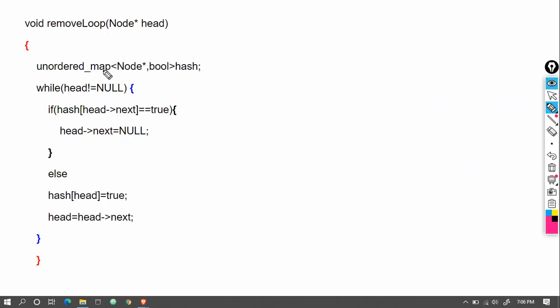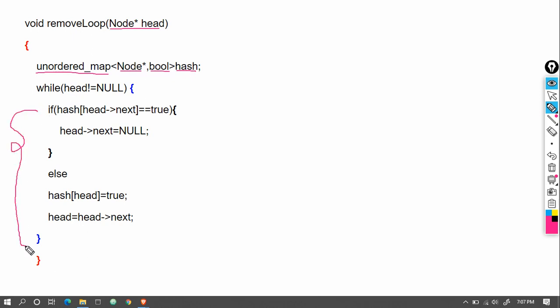So here is the code for this question. The function is passed a node head, the starting of the linked list. Then we made an unordered map with the first being a node and the second a boolean variable, and we named it hash. Then, while head is not equal to null, we have to do something.